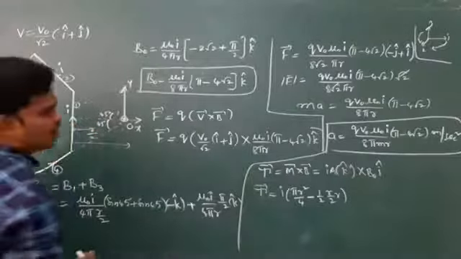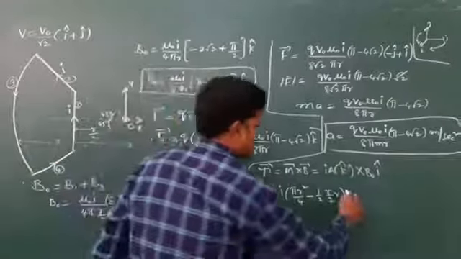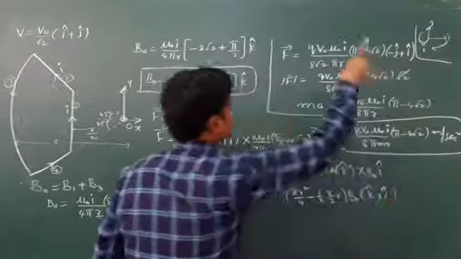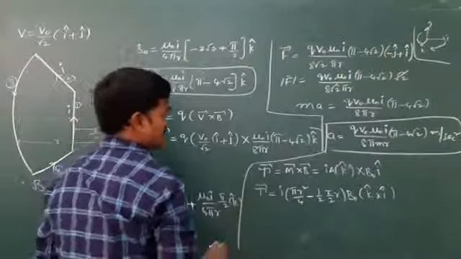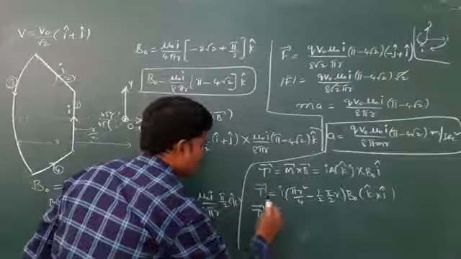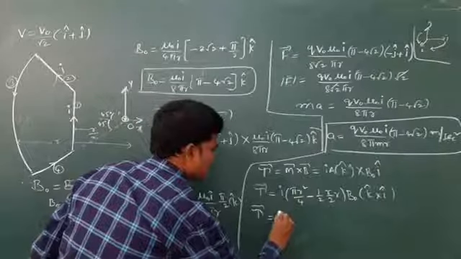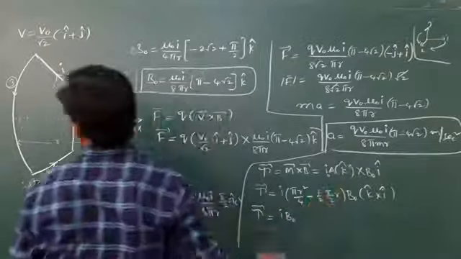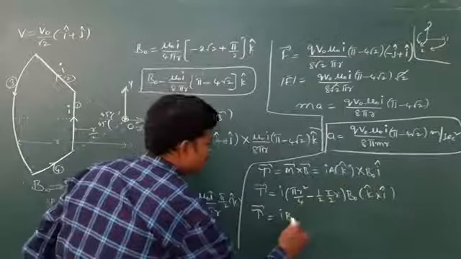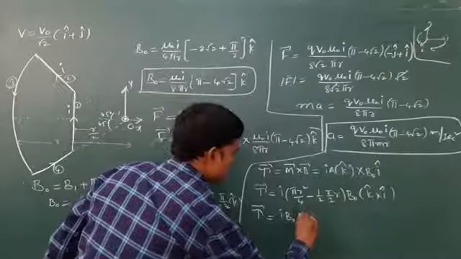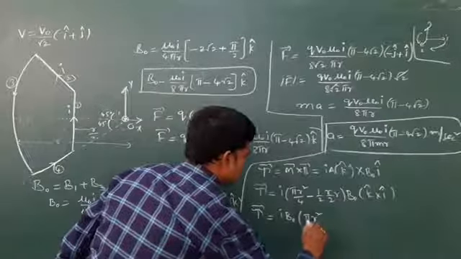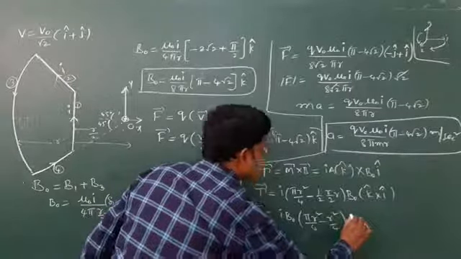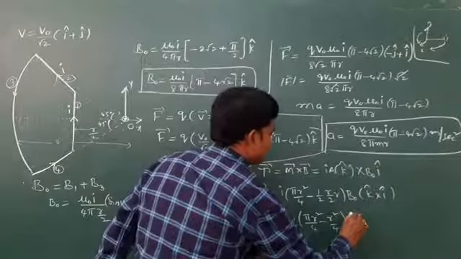Okay, so this is the area, and B naught, let me write k cross i. So k cross i is j. So tau bar is equivalent to I times B naught. Is I nothing but I naught? No, only I, so that's not a problem. So I B naught times pi r square by 4 minus r square by 4, times k cross i, which is j.